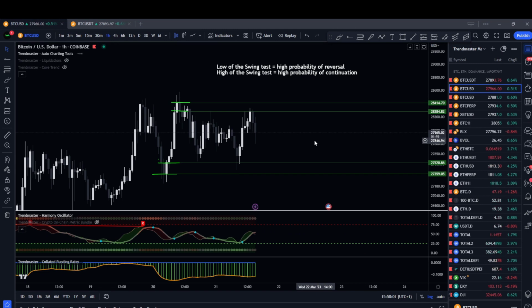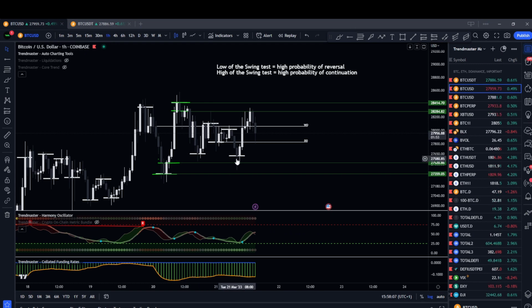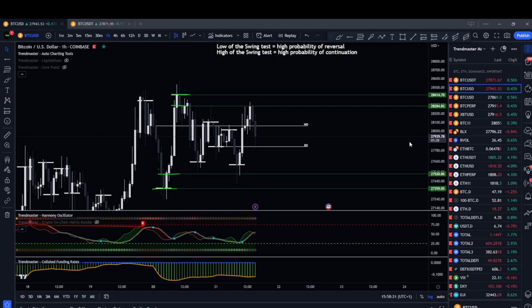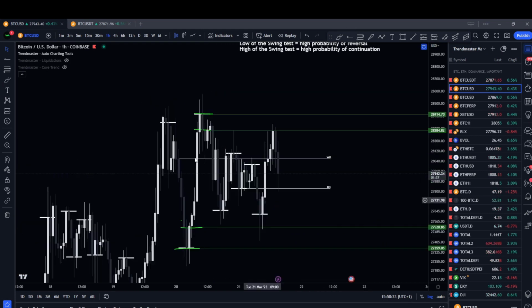so it whipped up into the test the low of the swing, and then it came back down. So do you take the short on that one once it's back under the sell area, or do you take it once it's into that area? So there's two thoughts on that, right? And that's a very good question. So kind of focusing on that,